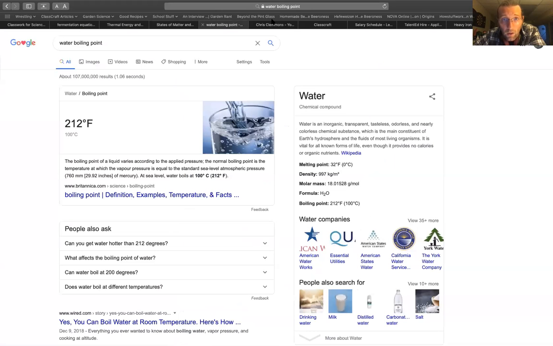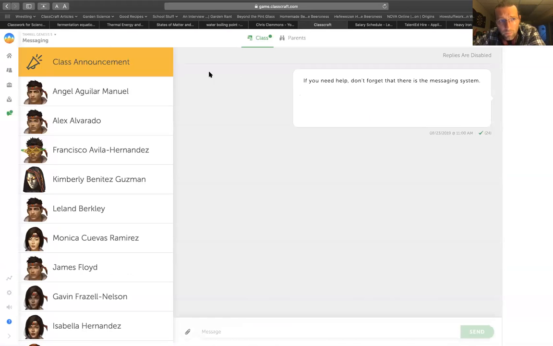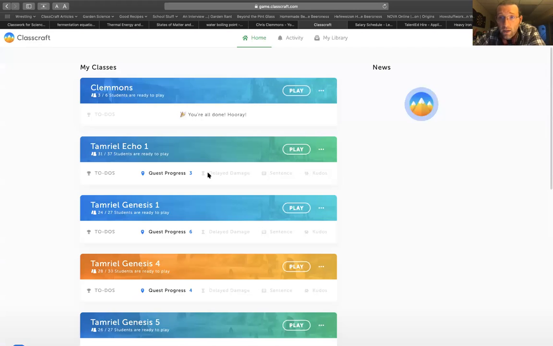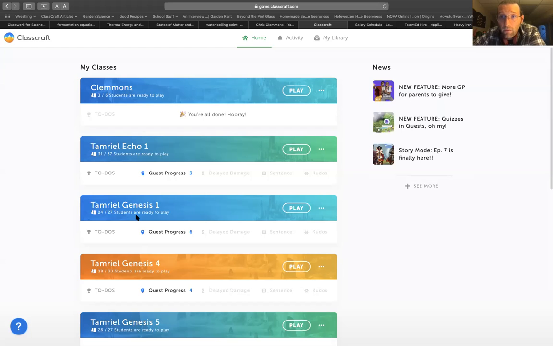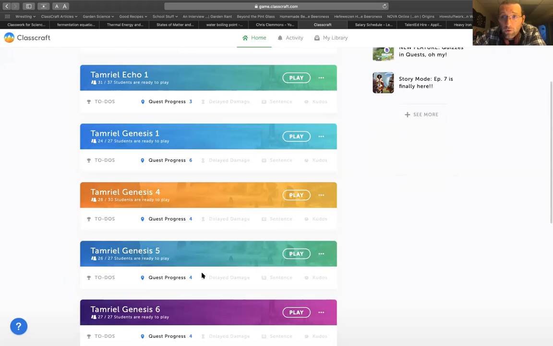And on Monday, what we will be doing is getting into Classcraft. And to remind you what Classcraft is, it's the thing that we used at the very beginning of the year. On here, there are quests for you to do, and you have your own avatar and everything else. To get logged in, remember, you need to use your @m.kckps login information. That's how you get in here. So the same way you get into Google Classroom, same login to get here.